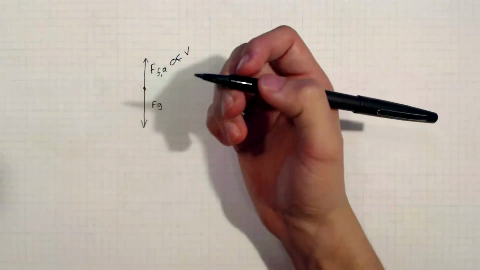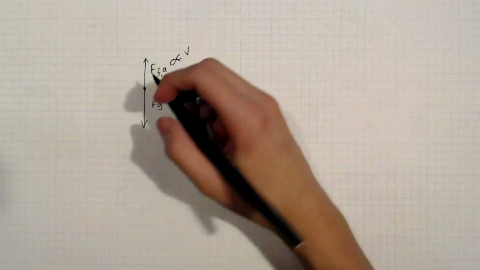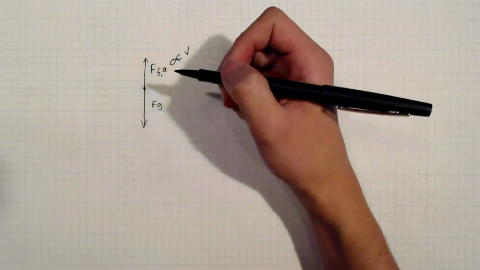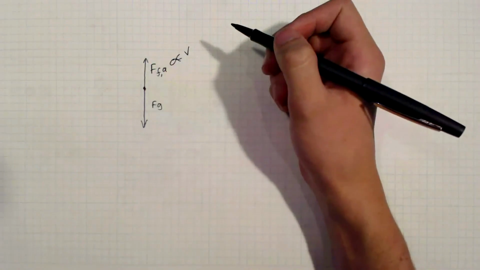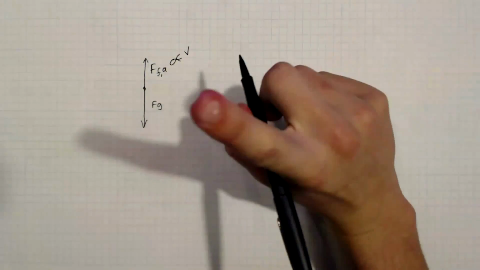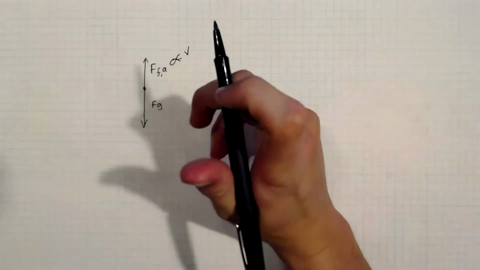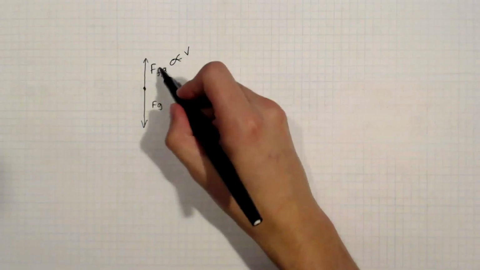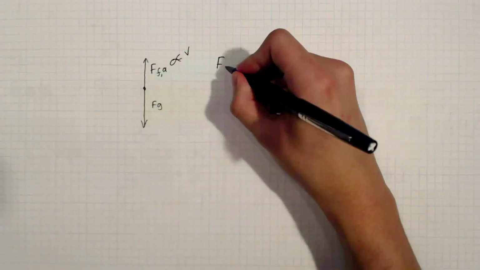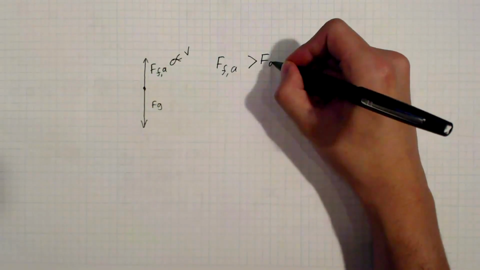And what they're asking is, can the force of friction due to air resistance ever increase so much that it's actually greater than the force of gravity acting on you? And the answer is no. And the reason why, I'm going to prove this by contradiction. If the force of friction due to air became greater than gravity,